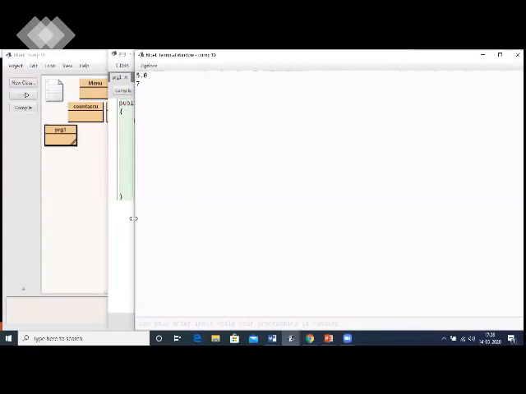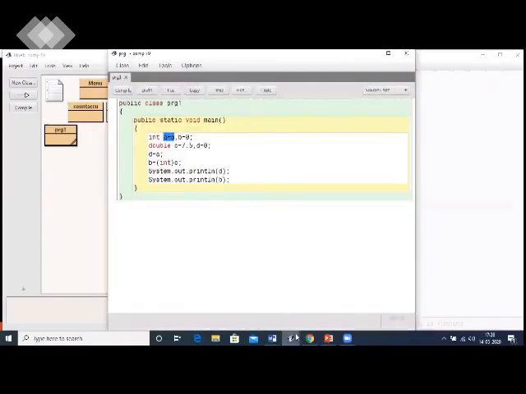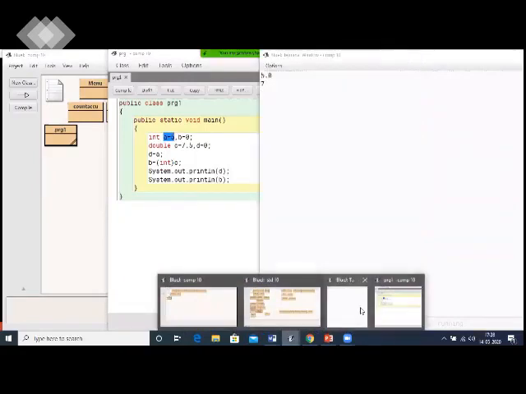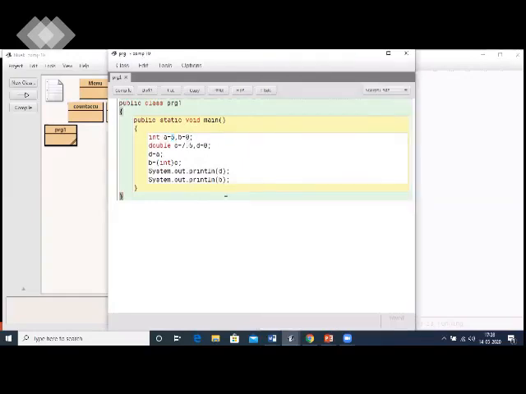Now 5 was our integer kind of value, but when we converted it to double, when it is being printed, 5.0 is being printed because it has been implicitly converted to double kind of value. And then we see 7.5, which was a double kind of value.